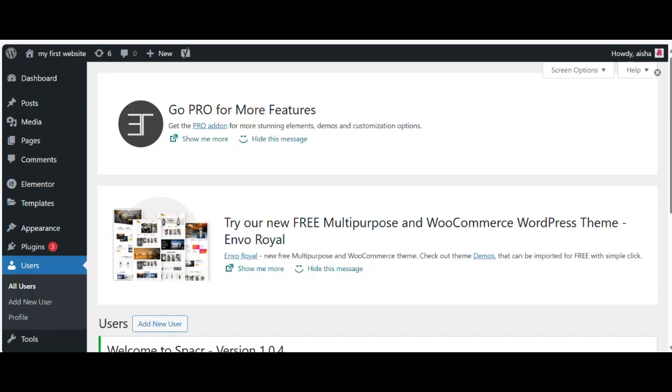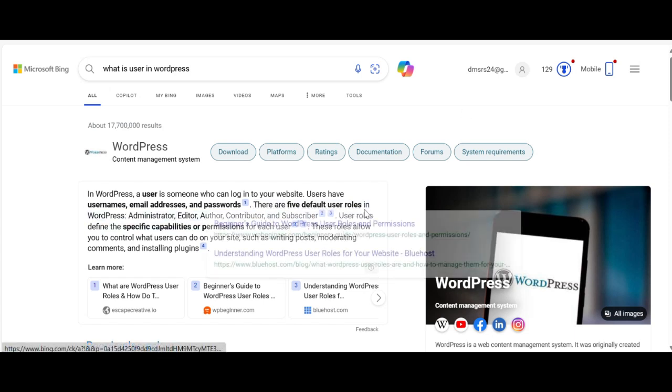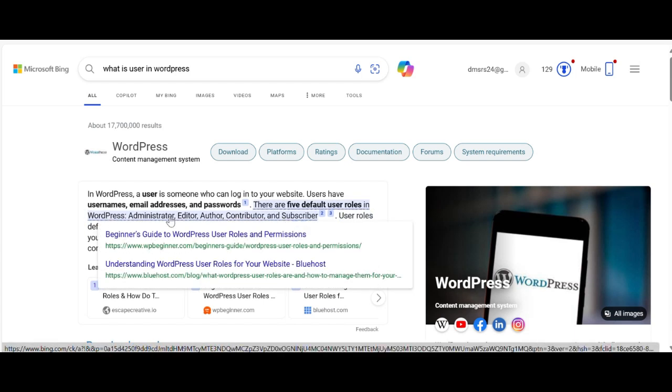Next is Users. First of all, who are the users? Basically, these are the individuals who interact with the website. If we look at Google, how many types of users are there in WordPress? There are 5 default user roles in WordPress. Number 1 is the administrator, who has all the rights of editing and changing the website, and is the overall admin of the website.